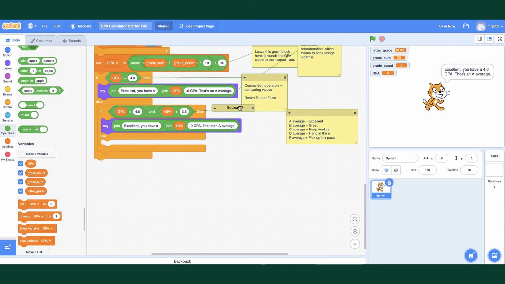So let's test this out. First off, let me change the say block. Excellent, you have a blank GPA. I've got to get rid of this 0.0 thing, but I also need to leave a space there. That's an A minus average. So let's test this out. I'm going to do all A's and one B